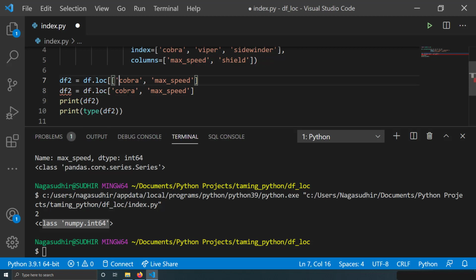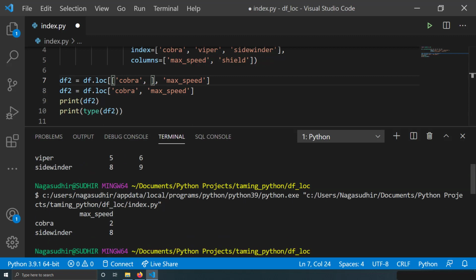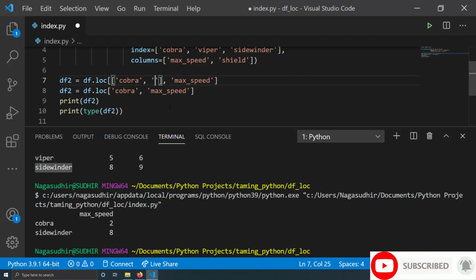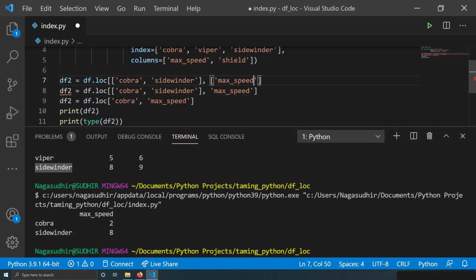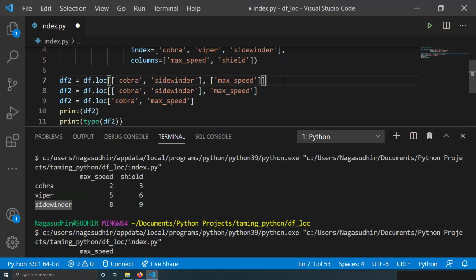Suppose I want Cobra and Sidewinder, right? And another, let me try to see max speed. So in this case you will be given a data frame, because I have given both of the two arguments of the loc function as lists, so I'll get a data frame.